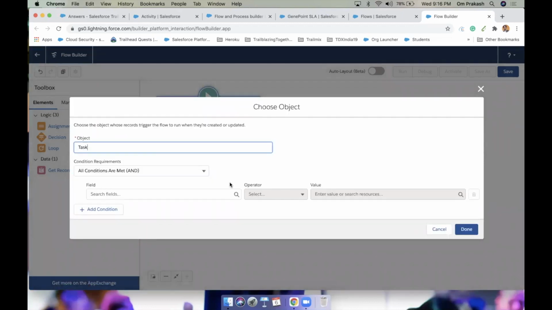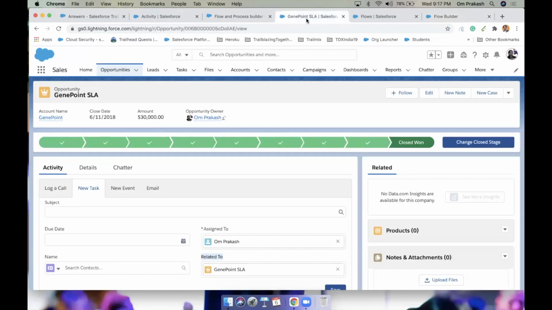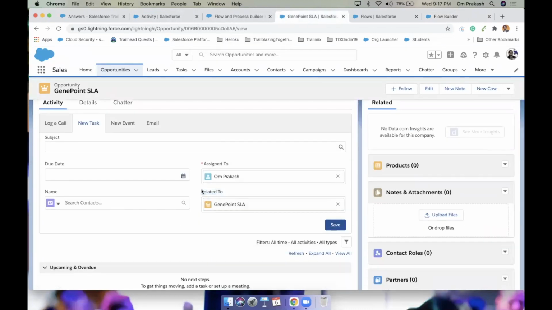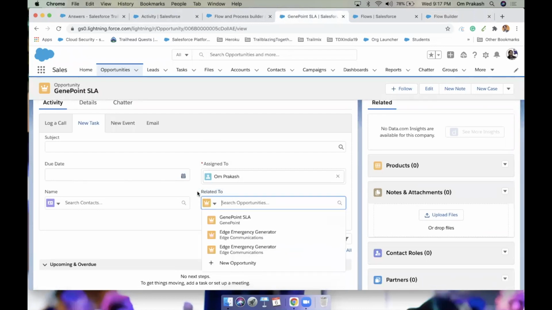Done. Now, every task or any specific criteria? Yes, we have some specific criteria. On the task, it might be possible that Related To is not an opportunity, maybe it's an account or contact.